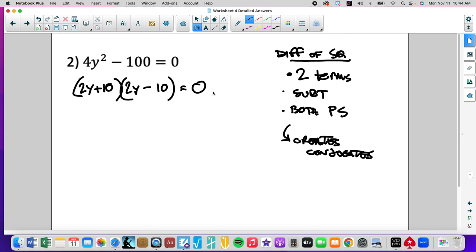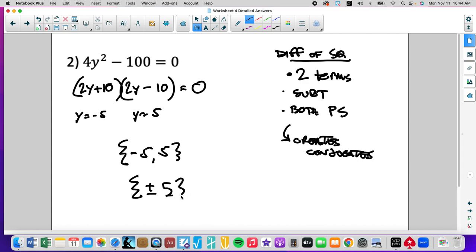And so now, what value for y would make this 0? Well, y would need to equal -5, and y would need to equal 5. 5 squared is 10, 10 minus 10 is 0, so my answer is -5, 5, or in high school they would say plus or minus 5. Okay, so that's